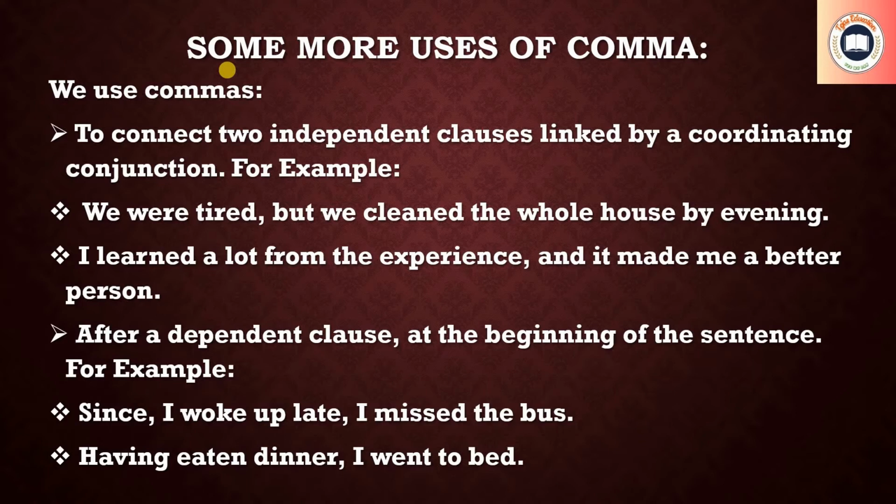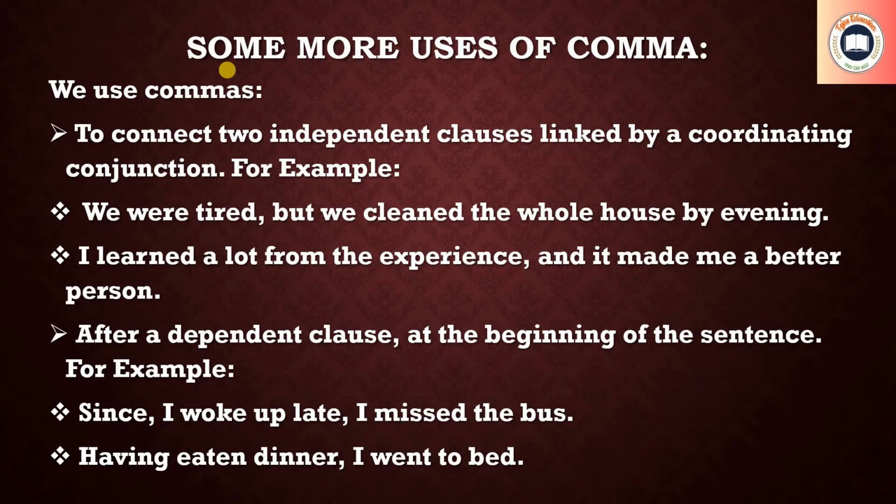So an independent clause is a clause that makes a complete meaning by itself, independently. Such sentences that make complete meaning and complete sense by themselves are known as independent clauses or independent sentences. The sentences that make some sense by themselves are known as independent clauses. And what are coordinating conjunctions?